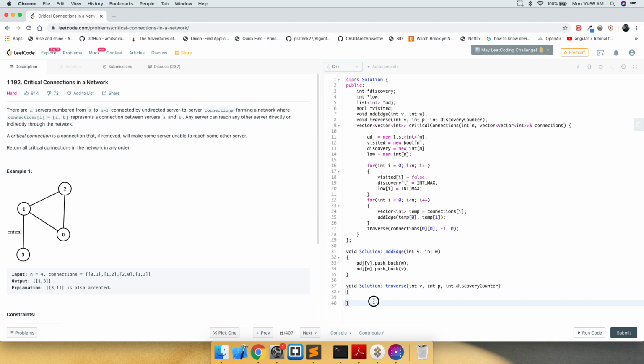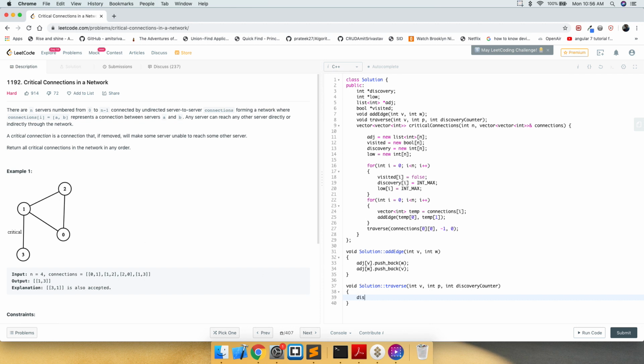Whenever we reach a particular vertex, we set the value for that vertex's discovery and low. Like in the array, we are going to update the value for that vertex as the discovery counter. What it means is the time taken to reach a particular vertex from the parent signifies the discovery counter.